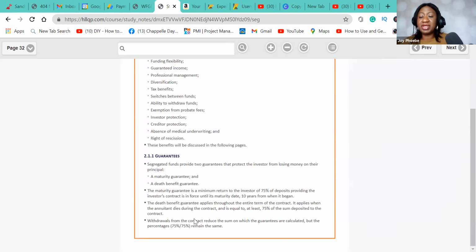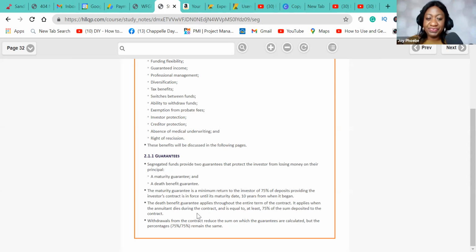So we're going to be looking at these benefits now one by one. We've actually touched on them in chapter one in one way or the other, but now that we are zooming in on them individually, pay close attention as we go through them one by one. Guarantees. Segregated funds have maturity guarantees. A maturity guarantee is a minimum return to the investor of up to 75% of the deposit, providing the investor's contract is in force until the maturity date, which is typically 10 years